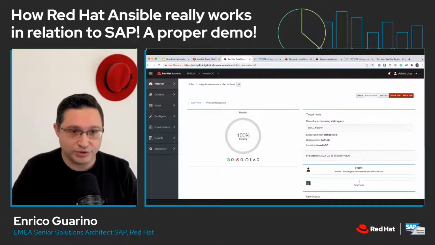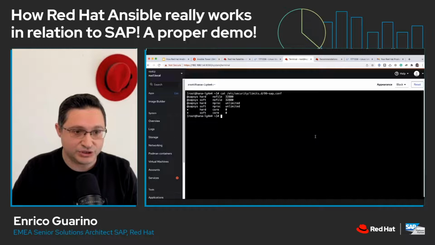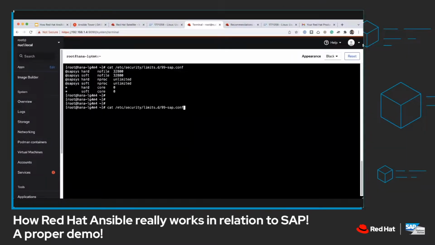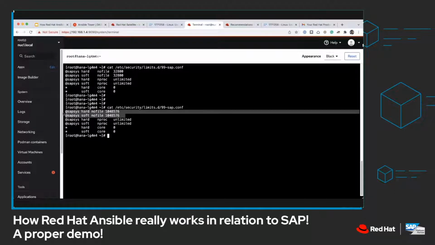So we need to wait. Let's go on SSH and let's understand if the change is already made. So as you can see, now we have new values. These are the values in line with the SAP best practice that are different from the previous values.